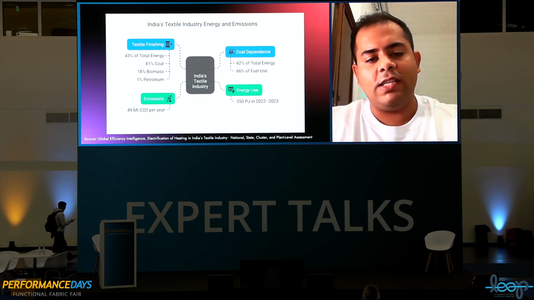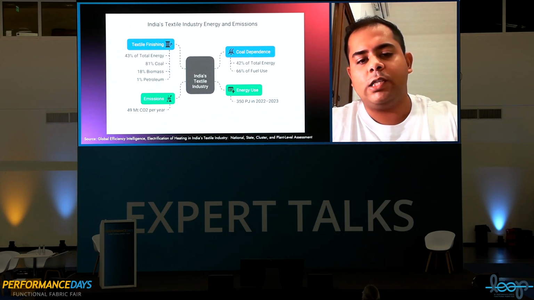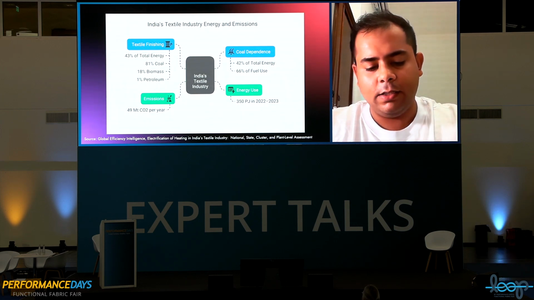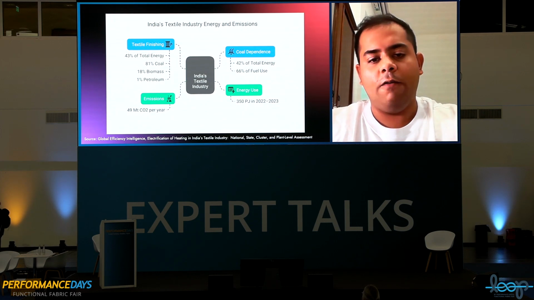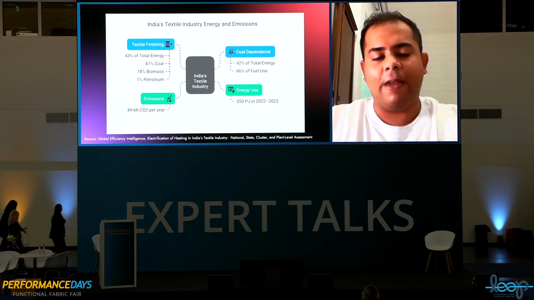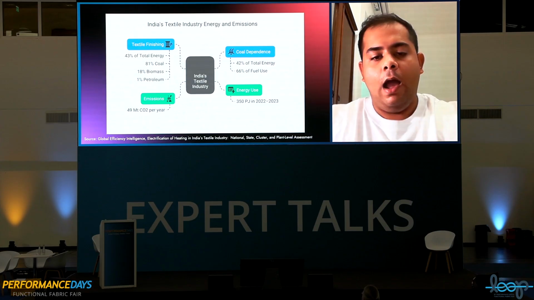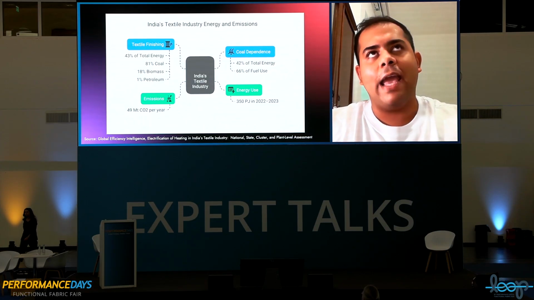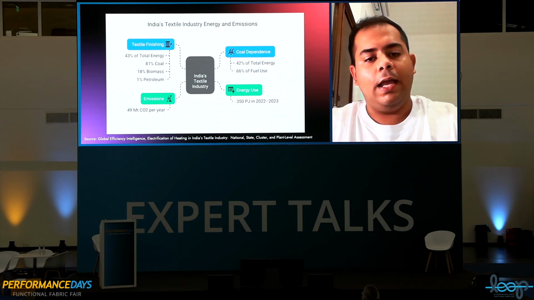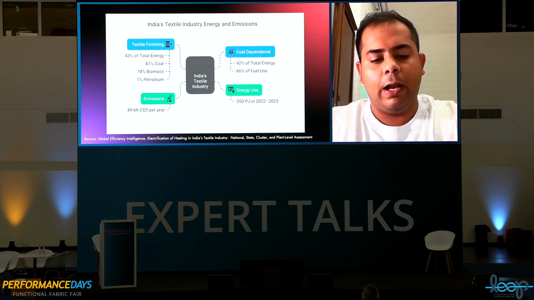And we have technologies that can do this. If we just look at the emissions of India from this, it's 49 million tons, which is one fourth of the overall material impact from India's industry. All of this 49 million tons can actually be taken away through electrification. And there's a phenomenal report by Global Efficiency Intelligence. It is available on my LinkedIn. Otherwise, you can look it up as well.